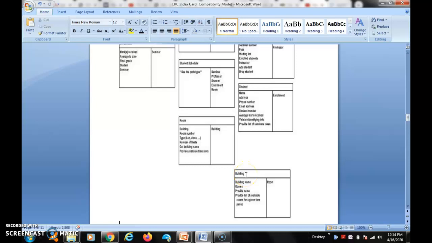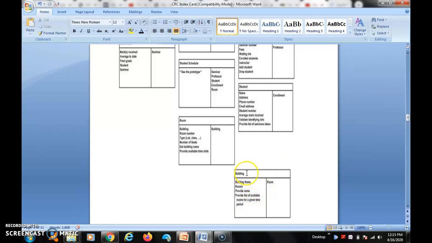Another thing: the first use case is building. The first actor is building. Then the use case is building name, then region, address, and then proof. So all of it is in the use case. So it is one way of CRC making.